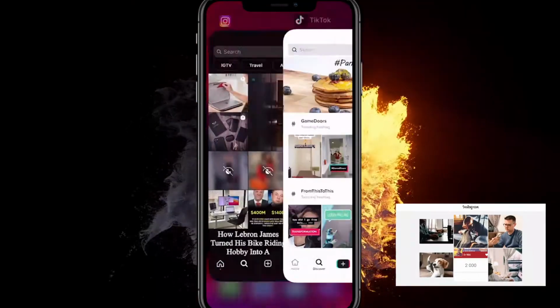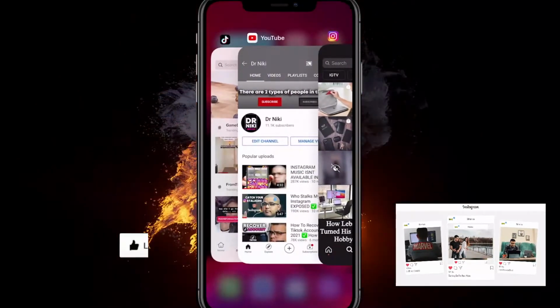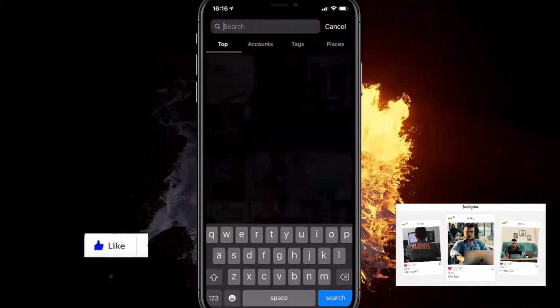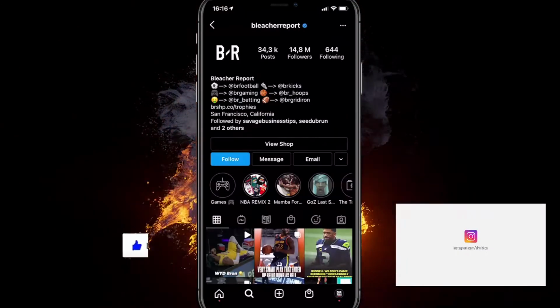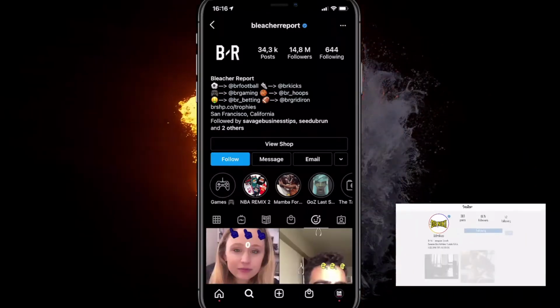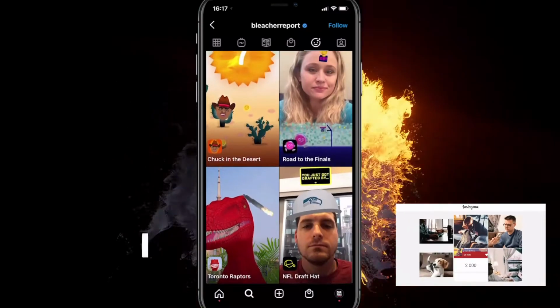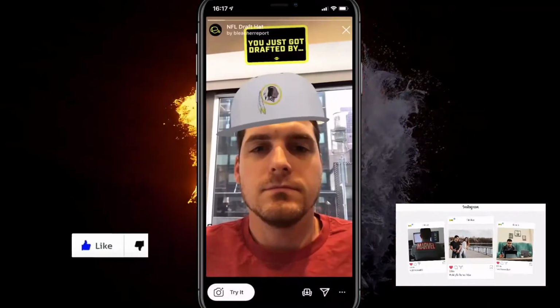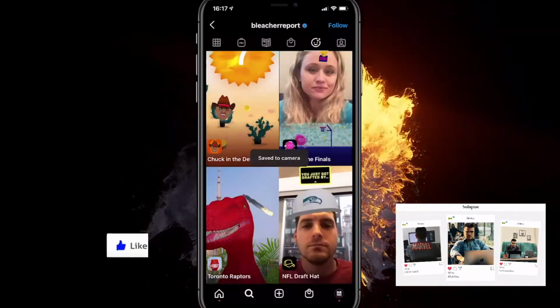So what you want to do is actually go on Instagram, because you can't find it in the filters on TikTok, and type in this username, Bleacher Report. Here it is. You can save it, and they have a lot of tabs. You want to click on this one, not on any of these ones, this one, and then go down below until you find the effect. You want to save it, click on try it, or just save it, just like this,